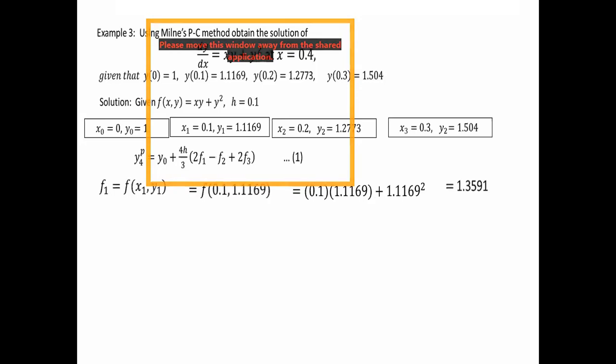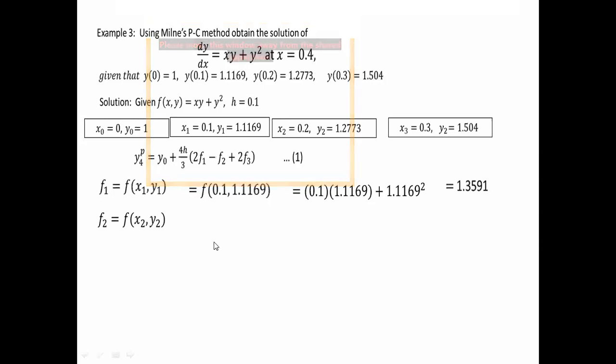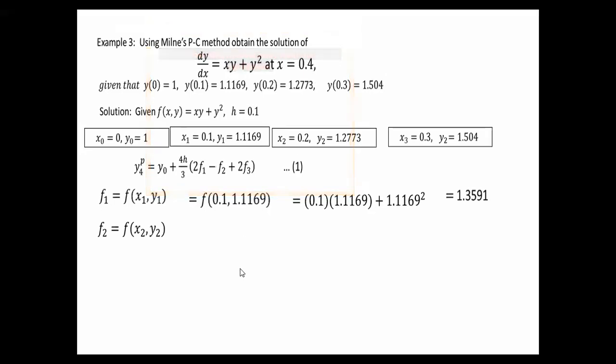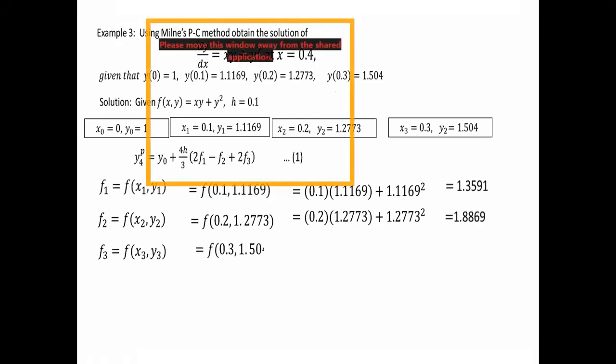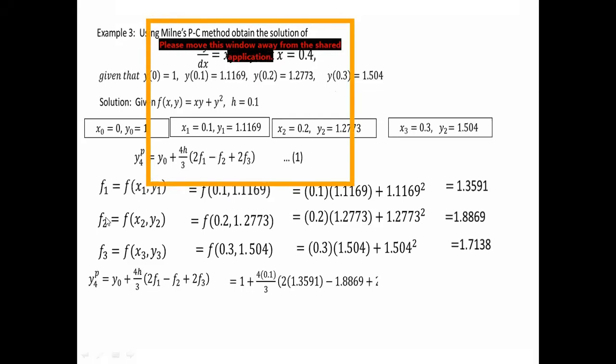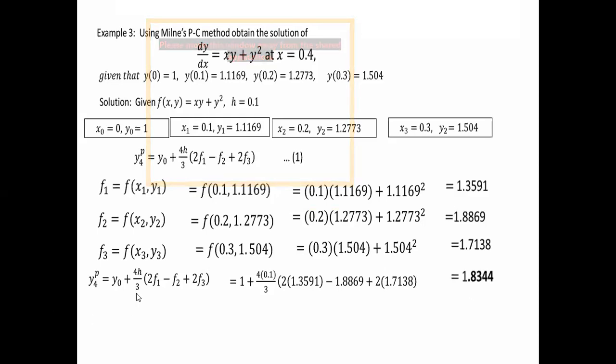Next find the value of f2. So say, only changing the relation, f2 also you can find. Next go for f3. So that you can find, f3, f of x3, y3. So like that you can get all of these. Since all these 3 values are known, substitute in the predictor formula. If you substitute it, it gives the answer as 1.8344. Now this is the value of y at x is equal to x4